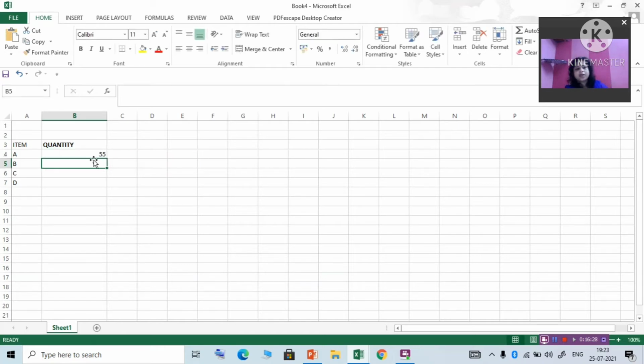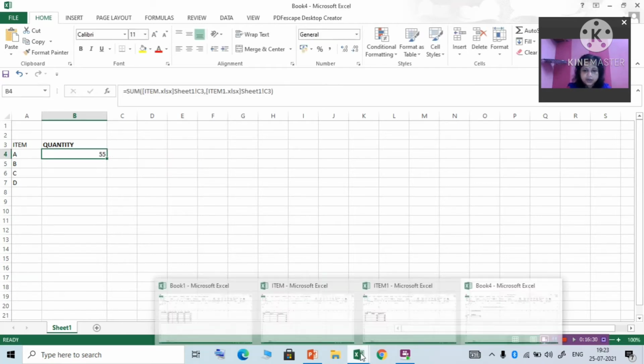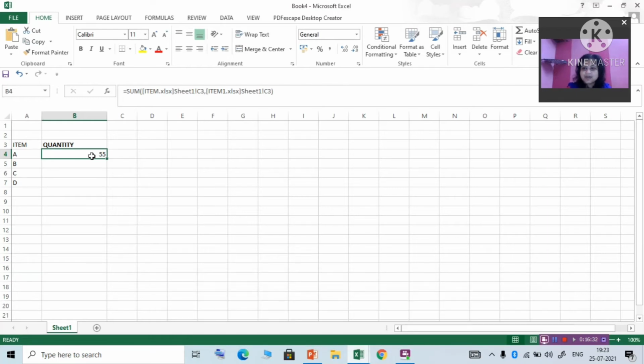Now you see, I also find difficulty while writing, so remember how to write it, because it has three parts: which workbook the data will come from, which sheet, and which cell. Three things are there.